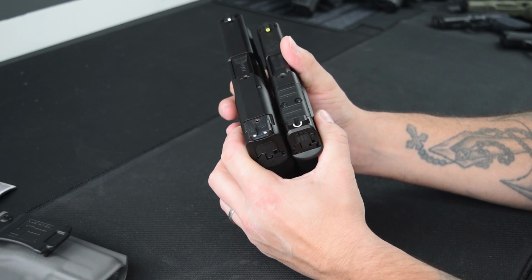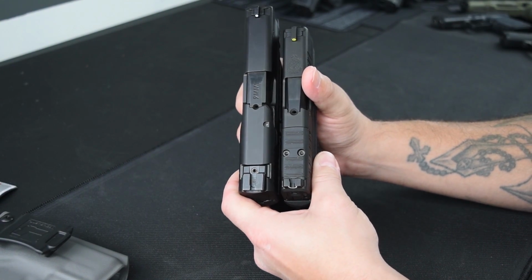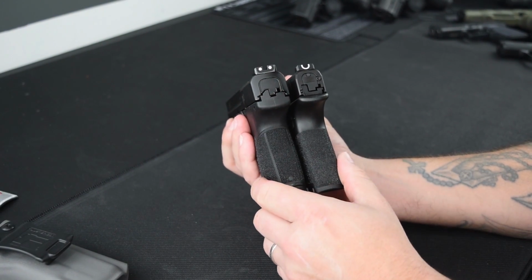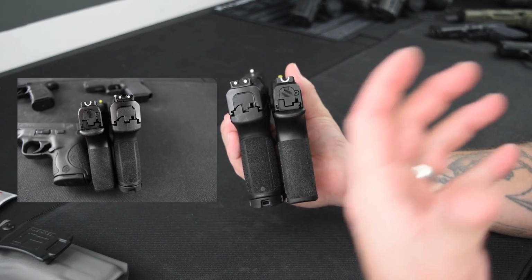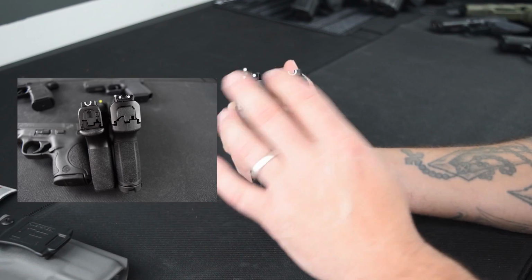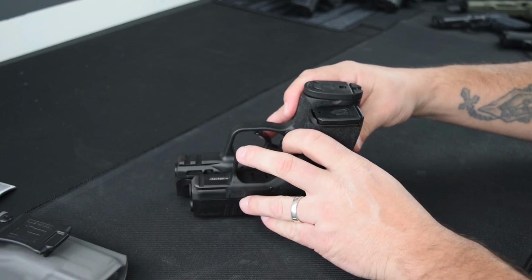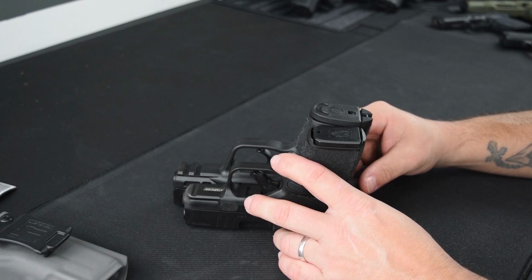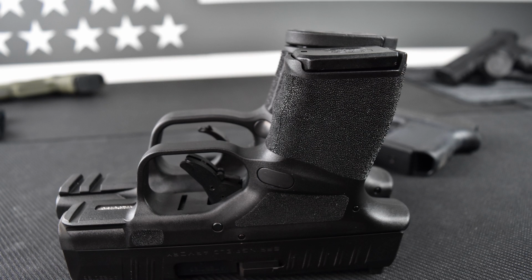So let's show it like that, slide to slide. It is considerably longer. It's going to give you more sight radius, of course. It is considerably wider as well. So again, this is going to cause your pants to stick out. And then we're talking about 12+1, 11+1. The difference here, honestly, it's not as big of a difference if we look at the